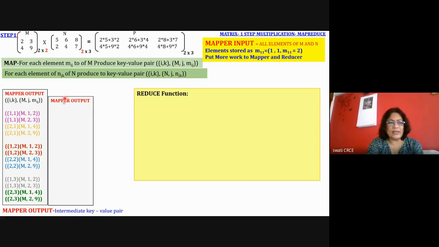Similarly, this is the same. Because there is no space, I'm showing it in another box for the matrix N. For matrix N, it is going to extract or create the pairs, like ik outside and njk inside, where the element is jk. So here we were referring to 1 1 as the element, one outside, one outside. But here we have to refer to it as 1 1, like j first and then k outside. So here also, for k is equal to 1, it is generating the njk element.